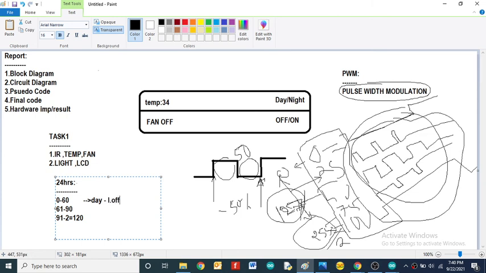Then it's night, and the lights are on with 100% or full intensity. Then 91 to 120 is midnight, and turn on with 50% intensity.